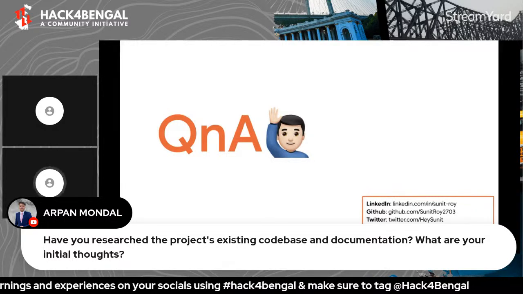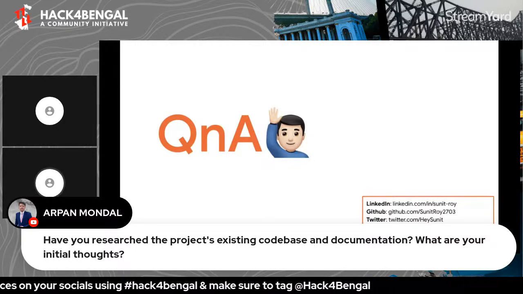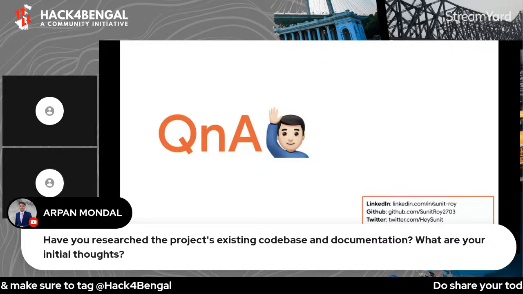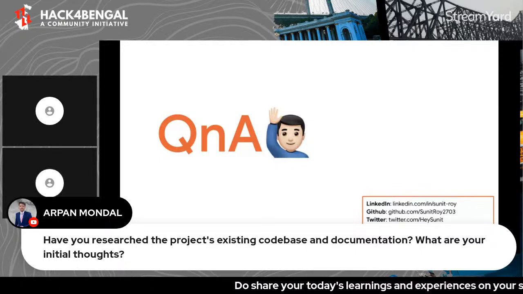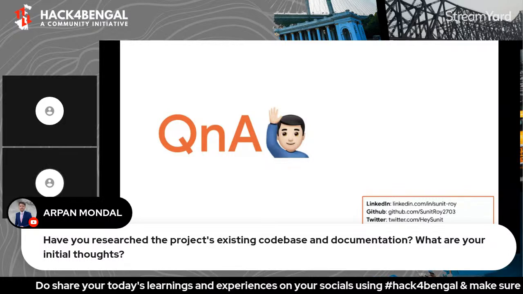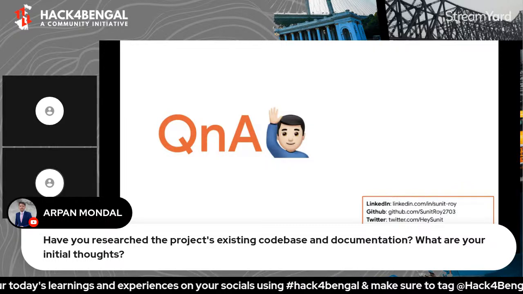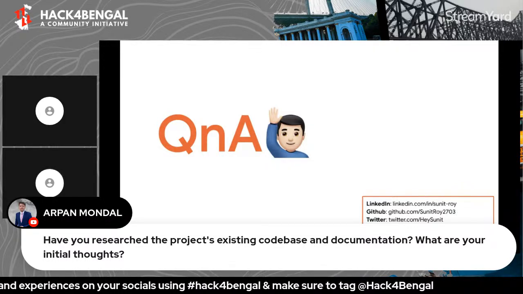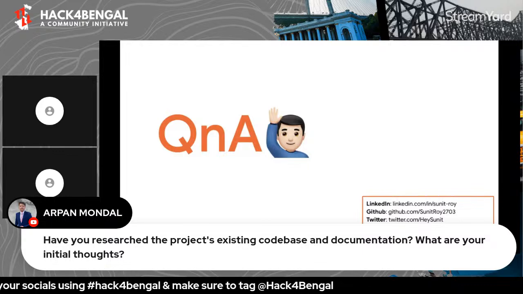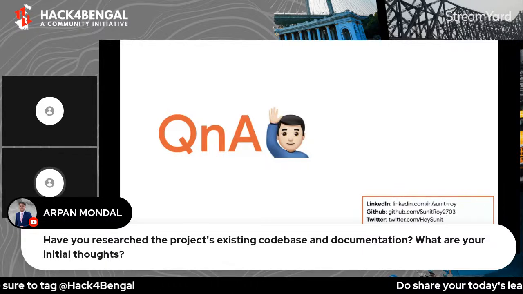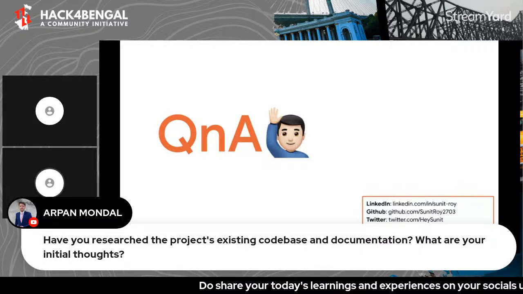So first, there are many ways that you can go through the whole code base and the documentation. Whenever I have contributed to a project, be it in consultancy or freelance, or in an internship, and even in Google Summer of Code, I have seen that some people go through the code directly, but I don't recommend that.